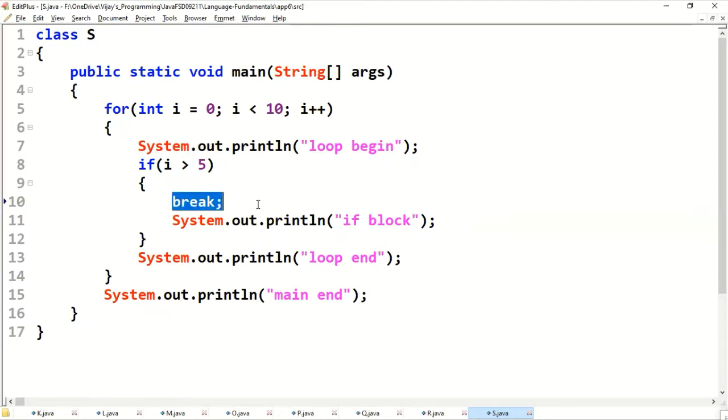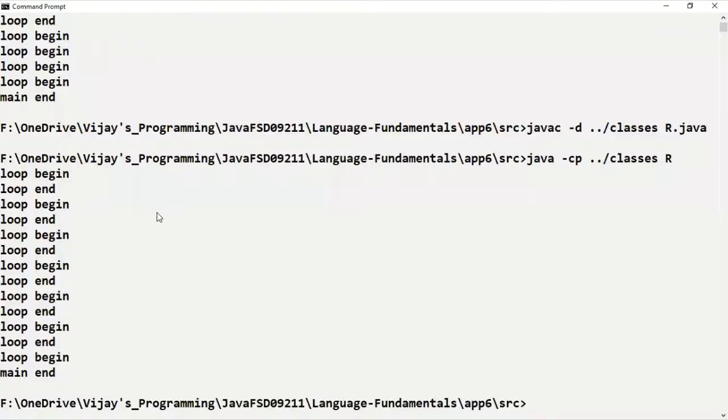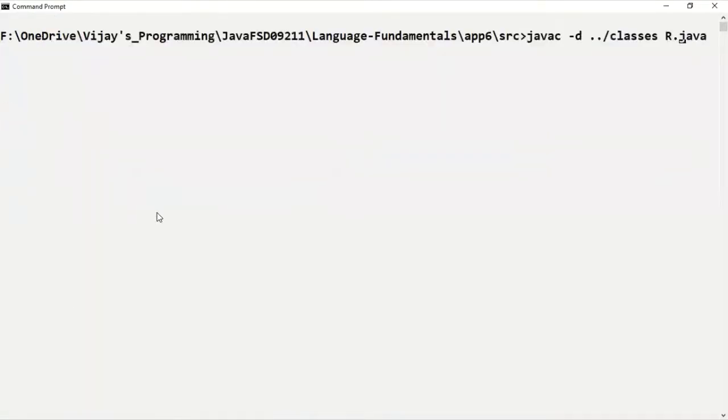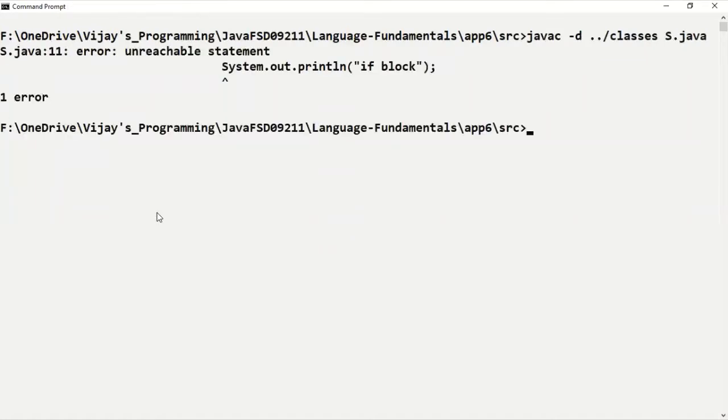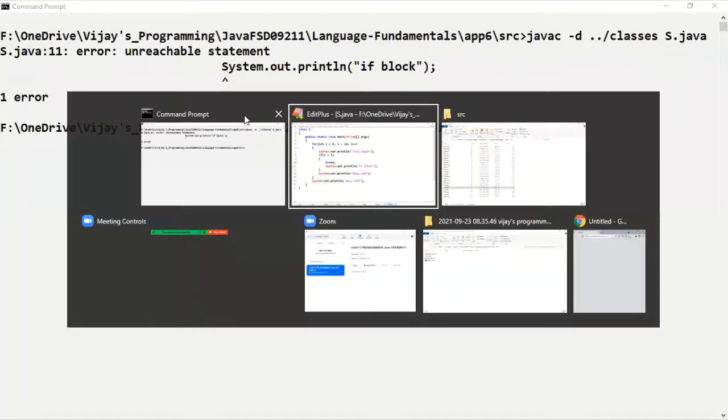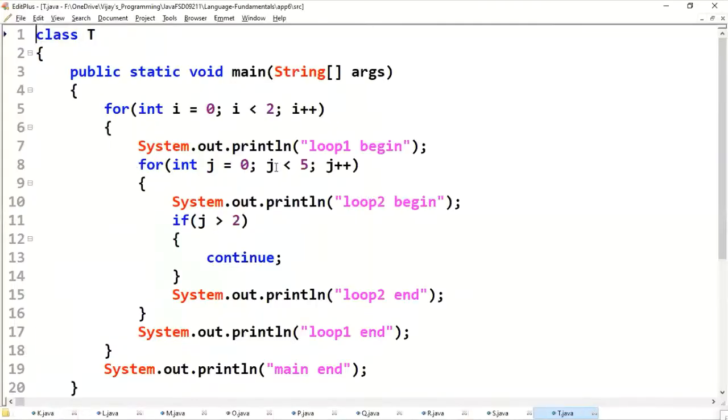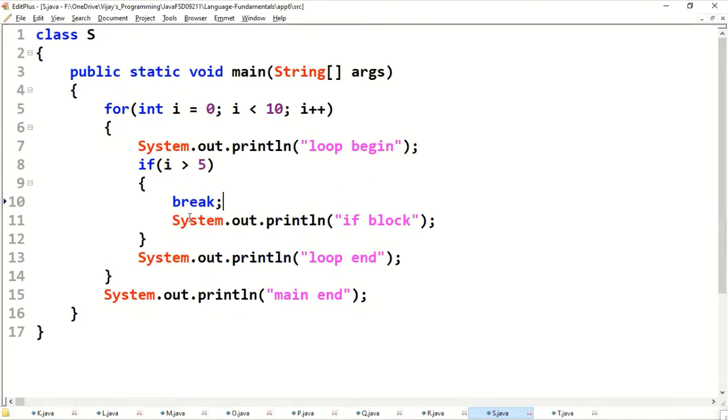If you are keeping break, that must be at the end of the current block. In this case, you will get a syntax error. Unreachable statement at line number 11. The same thing applies to continue as well.